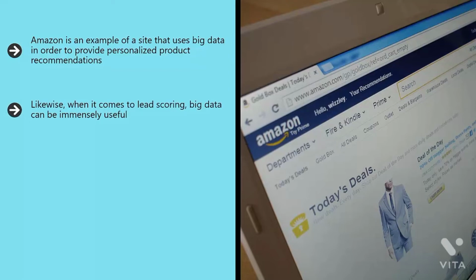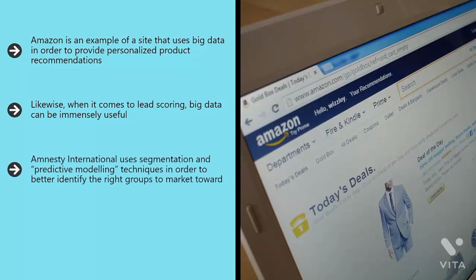Lead scoring means understanding which leads are likely ready to purchase and which are not. This is immensely useful information for companies that might want to send sales letters to the cross-section of their mailing list that they think will actually buy from them, rather than being put off by the amount of sales material they're receiving. Amnesty International uses segmentation and predictive modeling techniques in order to better identify the right groups to market